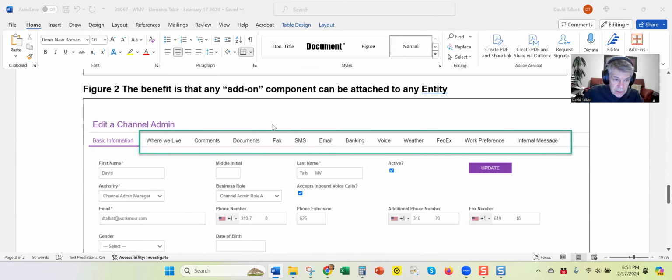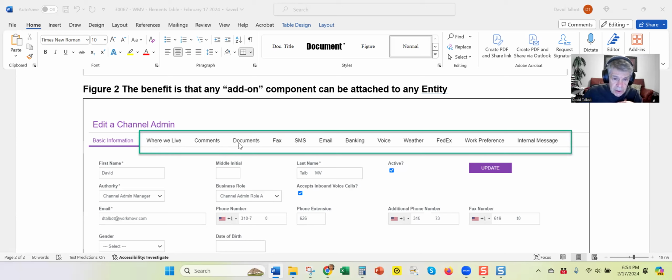Well, to give a couple of examples, the benefit is that any add-on component can be attached to any entity. So traditionally, you would have a table with divisions, a table with regions, a table with locations, a table with people, a table with work orders. And if you wanted to attach, for instance, a document to any of those, you would have to adjust the document's program in order to attach to that different table with different field names. Whereas here, this is an example here that,